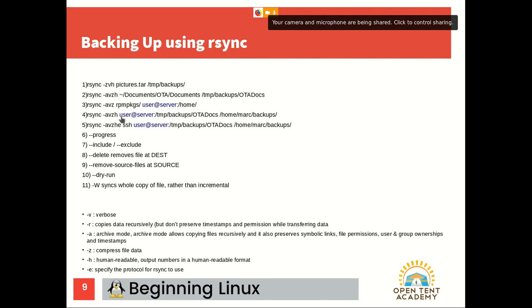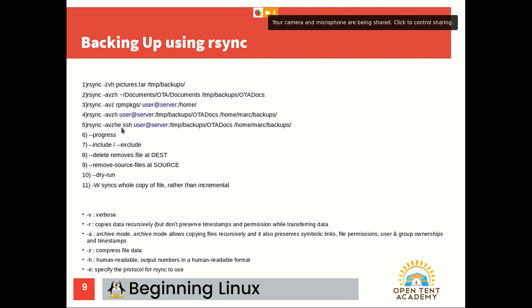Okay. So now look, we reversed it. So what this is saying is go to that server, go into that directory, and then bring it local. And it works like that also. There's no problem with that. So, either you're sending it from your computer or you're restoring from backup, as it were, from another location, from another server.